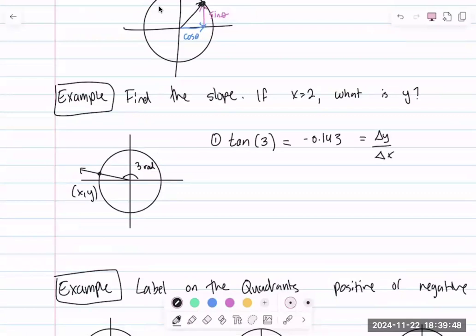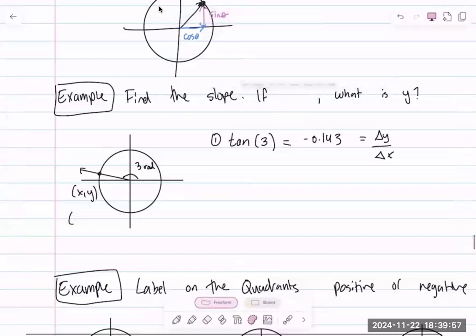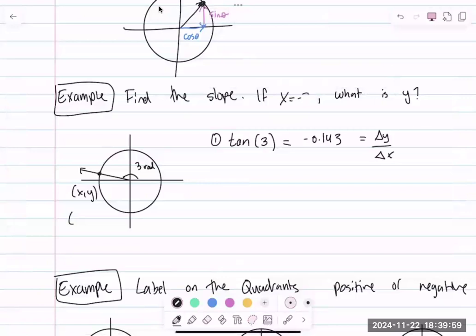Well, if this coordinate right here is 2 comma y, well, then that means my slope is y divided by, or excuse me, not 2 comma y. I'm going to fix this. I made this wrong in the problem. If x equals negative 2, what is y? Well, if this point is negative 2 comma y, that means that my slope, which is my change in y over change in x, is y divided by negative 2, right? That's my slope. And that's going to have to equal negative 0.143,